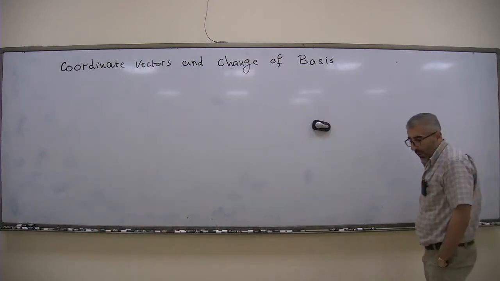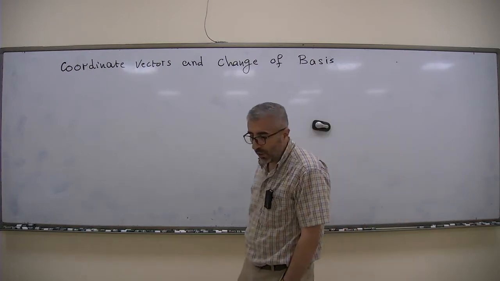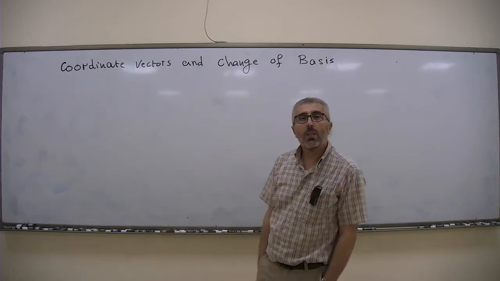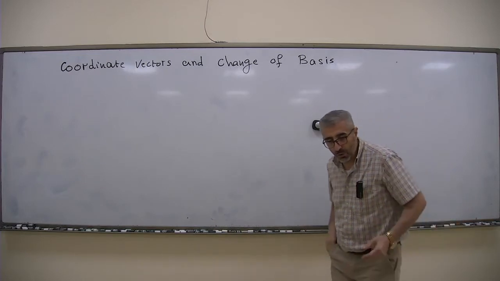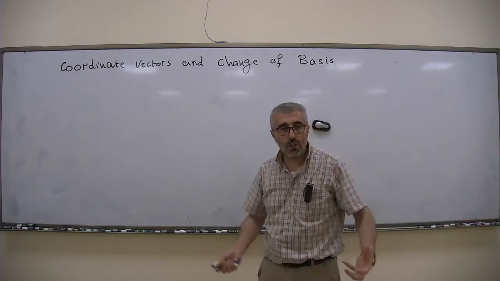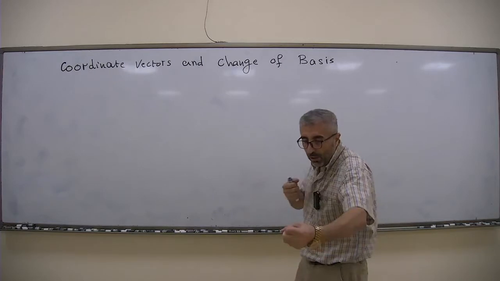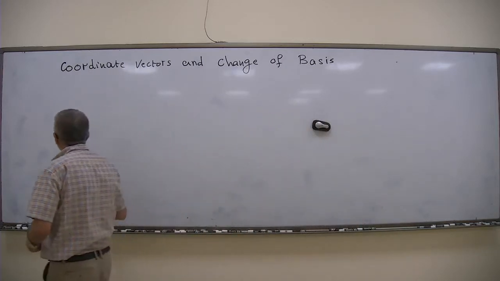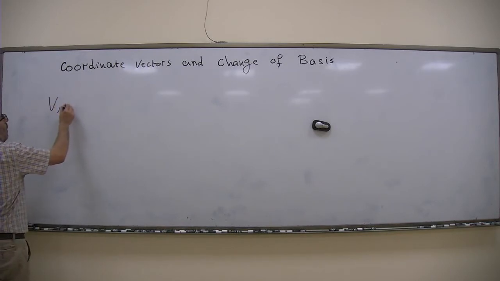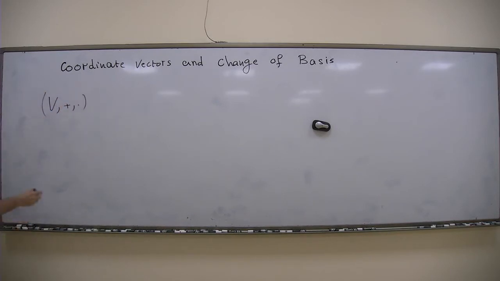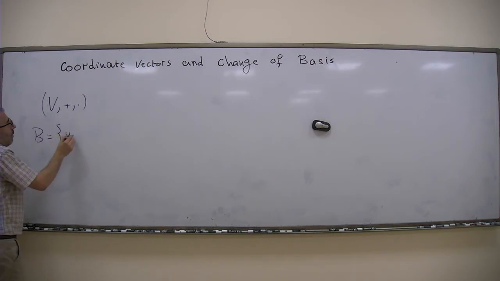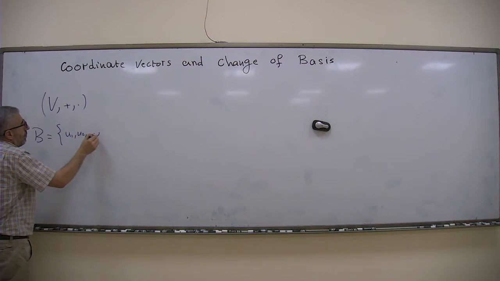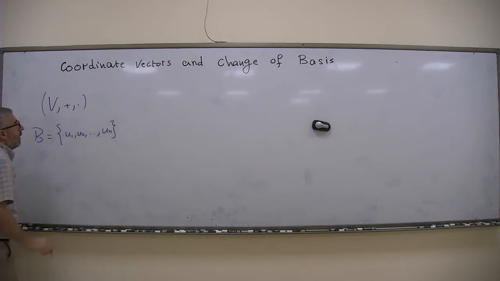Well, after talking about bases and the dimension of a vector space, now it is time to talk about another interesting thing, which is change of bases and the coordinate vectors. When we have a vector space V of finite dimension, then you can have a basis B, and let's say here B is u1, u2, un. Now, for each vector you take